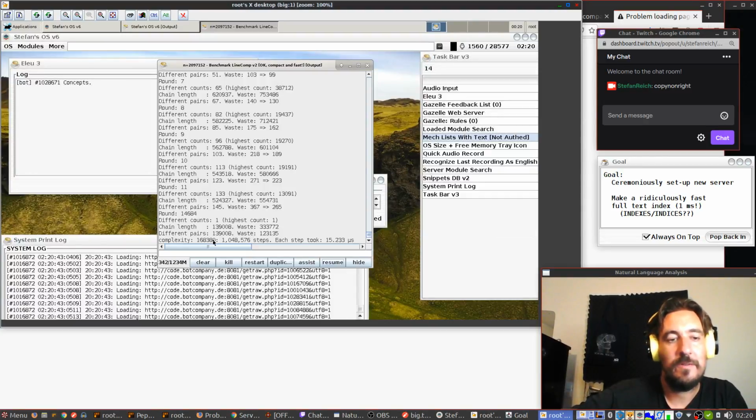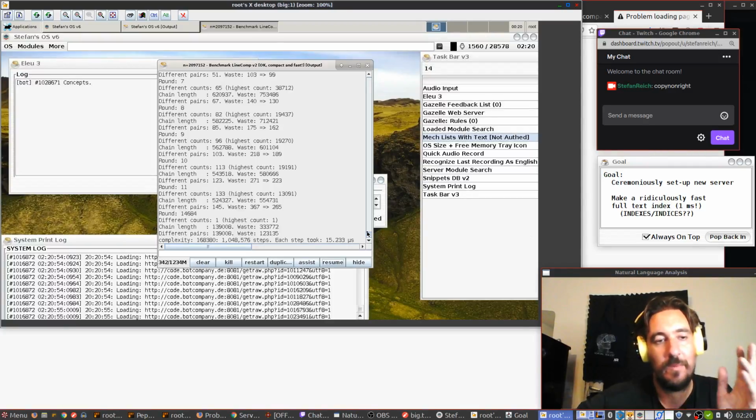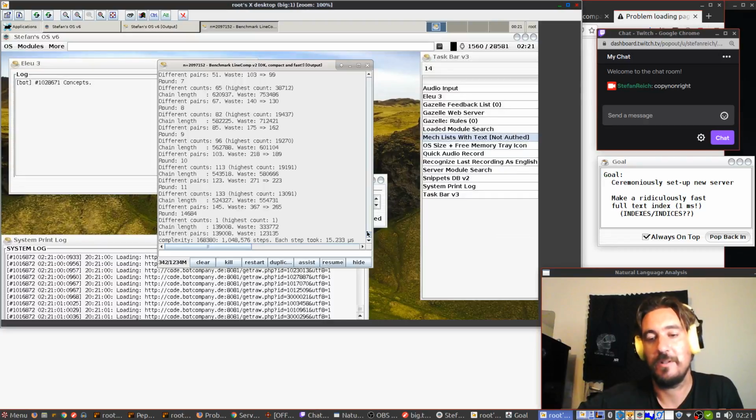168,380. It means that if you take 1 million of these ABC characters in random order, like just roll the dice, A, B, C, C, B, A, B, A, C, B, whatever, and then you compress them. You have an algorithm look for structures in this random string, because even a random string has repetitions. If you have only 3 different characters, you will have repetitions. And the question is, if you take 1 million random characters, how much repetition is there? With this simple algorithm, which runs in linear time, as they say, but still finds many structures, the result is 168,000.